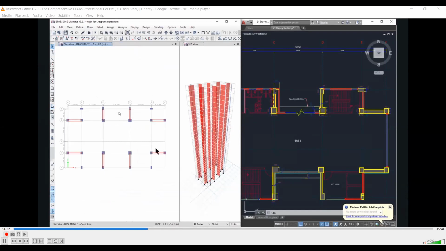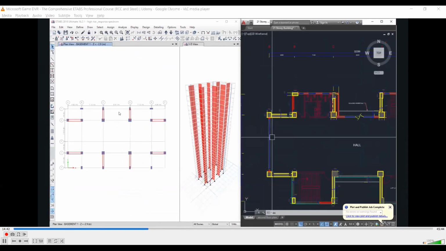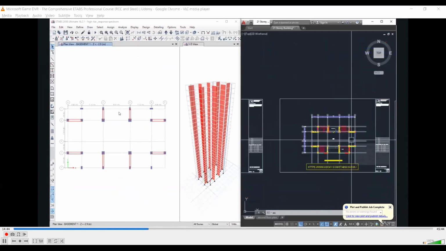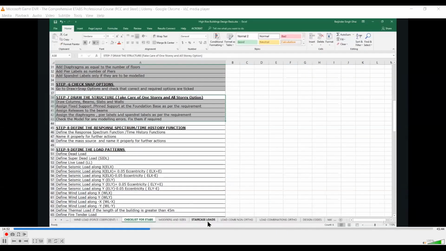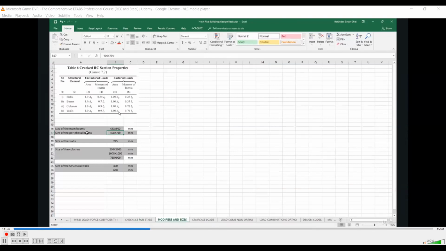After that, we need to draw the beams and slabs. Before drawing slabs, we should draw the beams. Our beam framing should be, as I had told you earlier also, that the main beam shall be 450 into 900 mm size and the peripheral beam shall be 400 into 750 mm size.